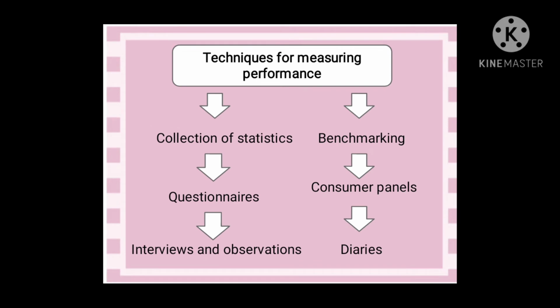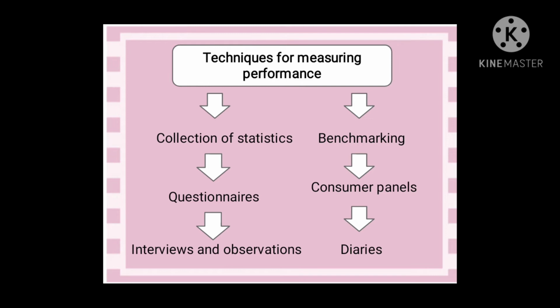So we have here a variety of techniques for measuring performance, which include the collection of statistics, questionnaires, interviews and observations, consumer panels, diaries, and benchmarking, as it represents a structured, proactive change effort designed to help achieve high performance